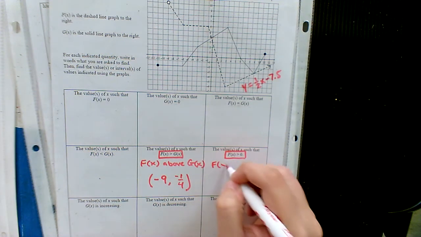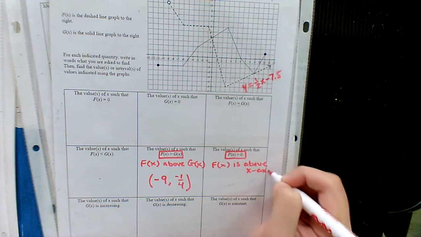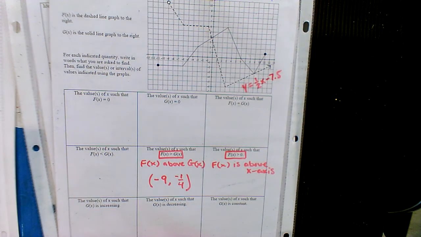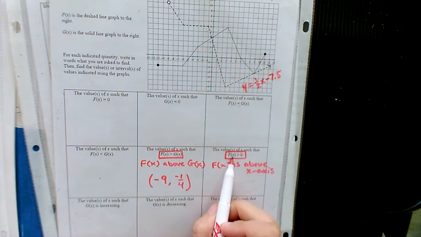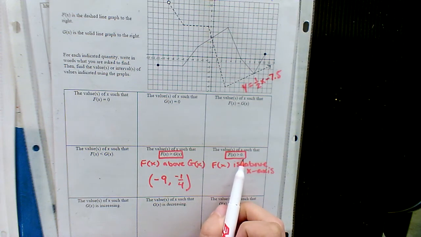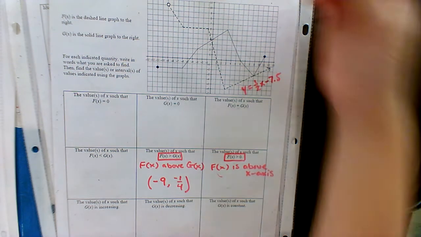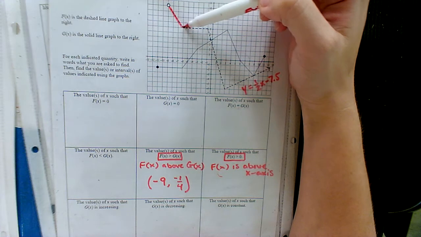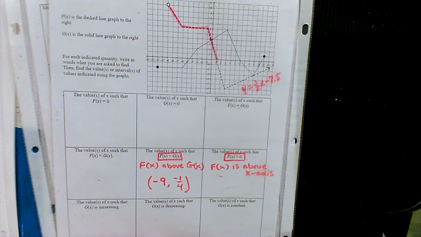Okay, so the f of x graph is above the x-axis. Remember, f of x is the same thing as y. And this statement is basically saying y is greater than 0. So if you think about a graph, all the y values that are bigger than 0 are above the x-axis. So we have to take a look at where the f of x graph is above the x-axis. f of x is dotted. If we want to highlight the section or sections where f of x is above the x-axis,